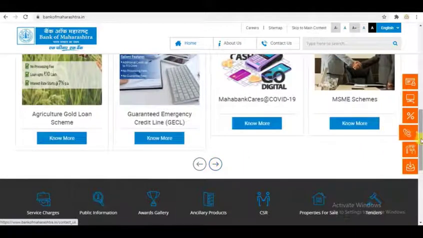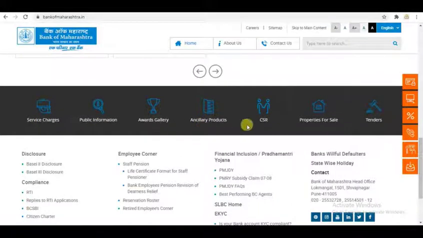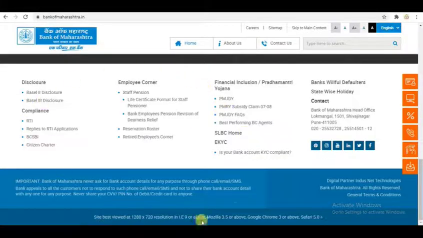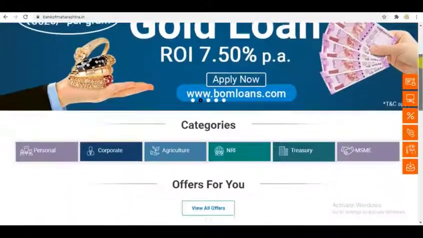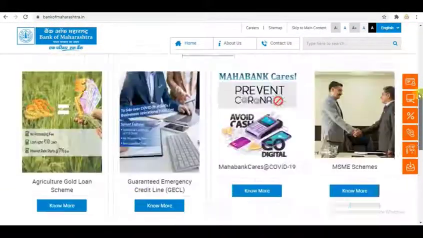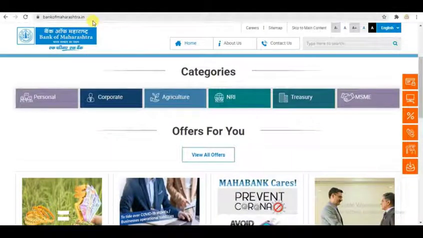Then again a horizontal row, which is divided into a number of sections. This is the footer area. The footer area contains this type of footer, then another footer with 2 columns. This footer contains 4 columns, and then the last footer. So this type of layout is used by Bank of Maharashtra.